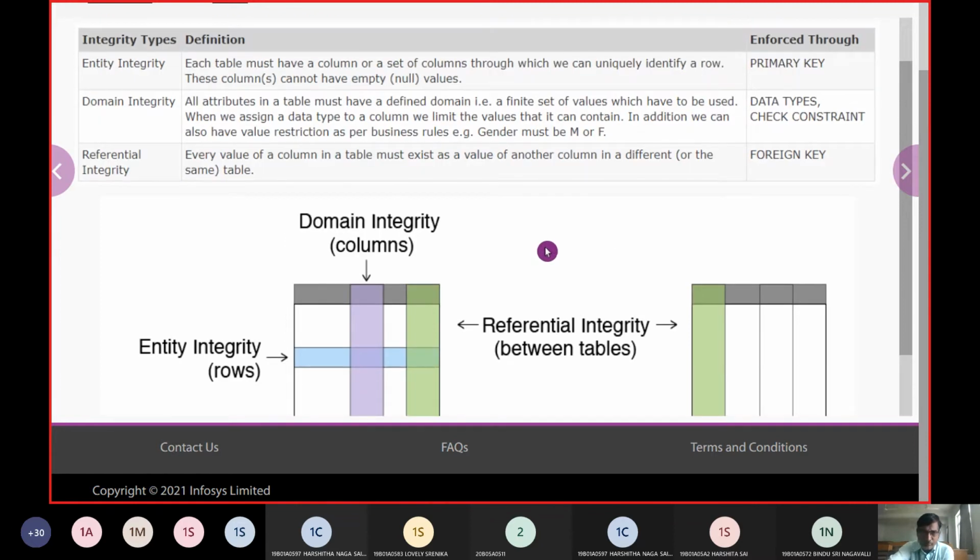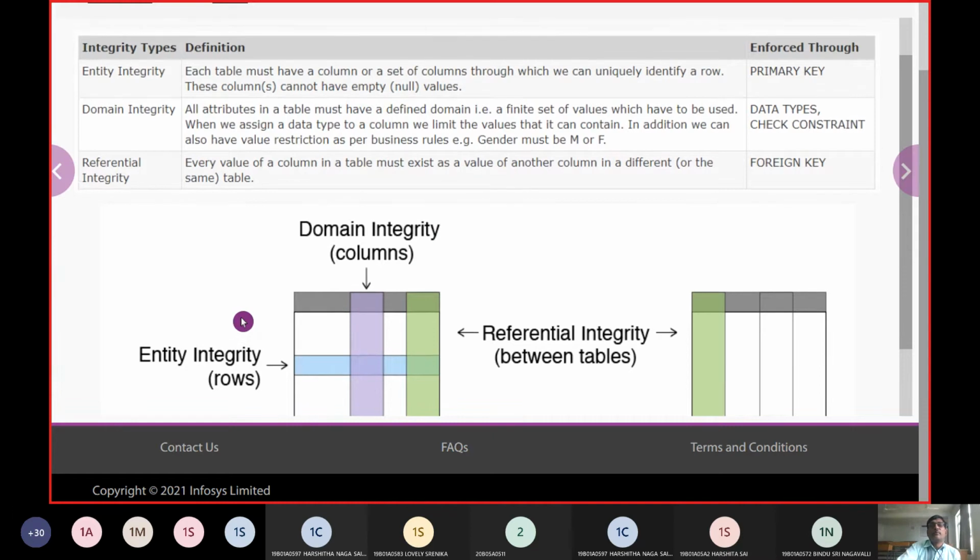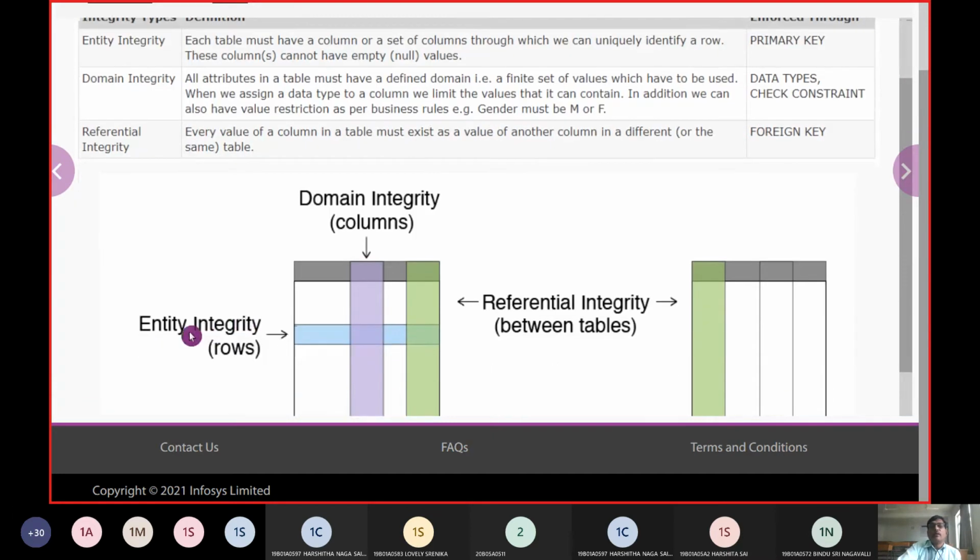So, integrity constraints: in this context, when it is applicable to a row, we call it entity integrity. When it is applicable to a domain, we call it column integrity, and when it applies between multiple tables, we call it, sorry, referential integrity.